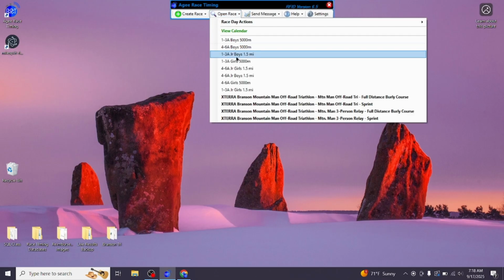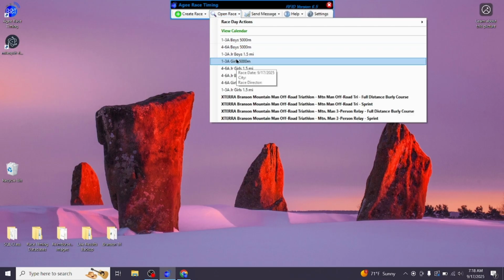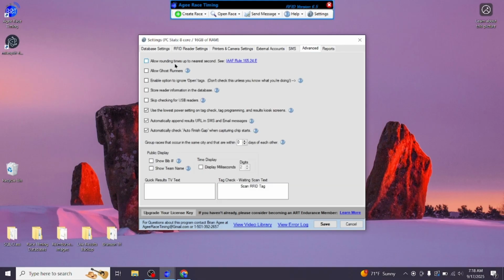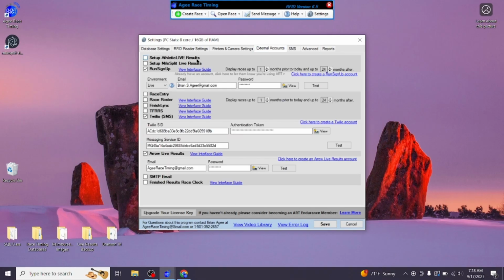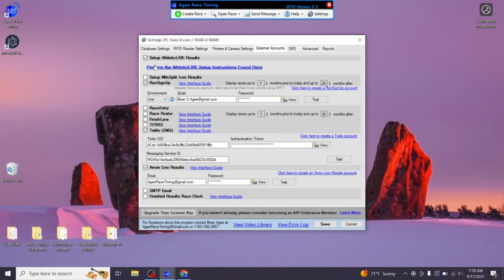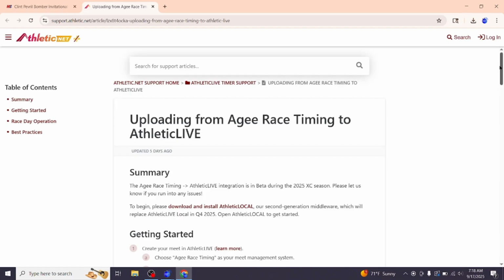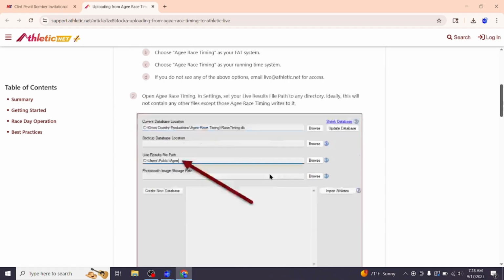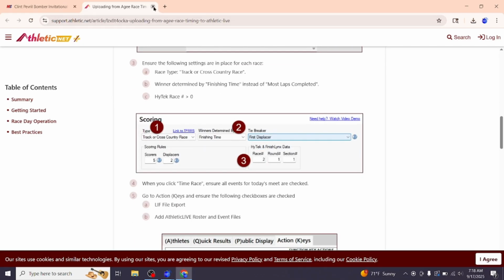Okay, so now that we have some events that are on MileSplit or athletic.net, one thing that's really nice is there is a live integration now where it'll send results out live to their site. Now that is using the app, both websites, athletic.net and MileSplit. You will download a file from their website. So let's go to external accounts. If you're using athletic.net, you'll follow these instructions. They did a good job of creating a step-by-step guide on how to set up the live results on their system. So you can read through that. And then on MileSplit,